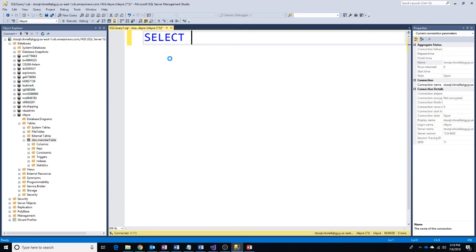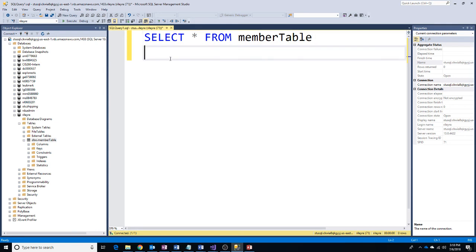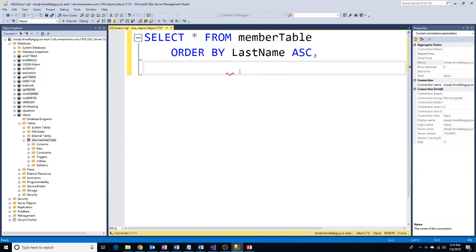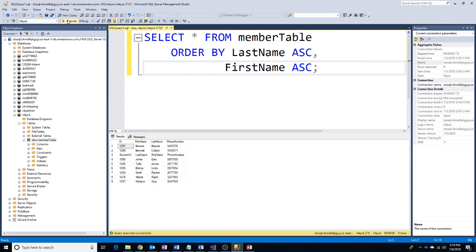We saw Access create the query, select star from member table, Then we wanted to order by last name, ascending, and first name, ascending. So let's run that, execute it, and down in the bottom half of the screen we see our result